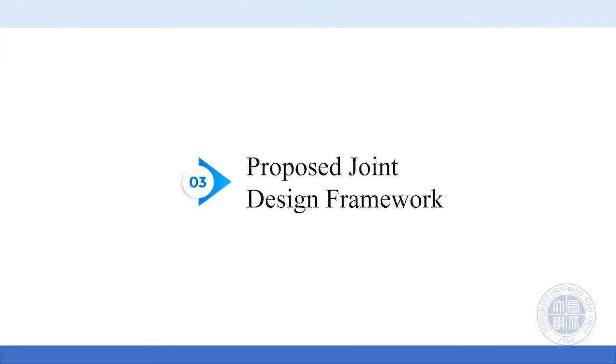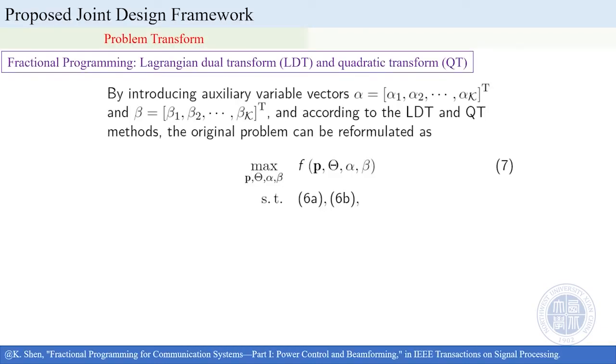In this part, we propose a joint design framework to solve this non-convex problem. First, we employ the fractional programming methods, LDT and QT, to transform the original problem into a more tractable form by introducing auxiliary variable vectors alpha and beta. According to the LDT and QT method, the original problem can be reformulated as